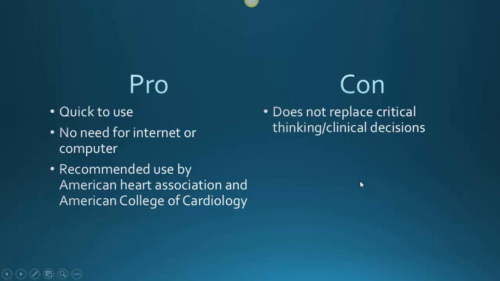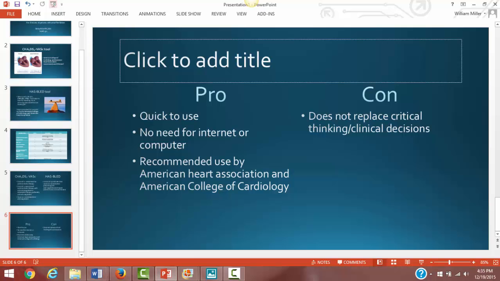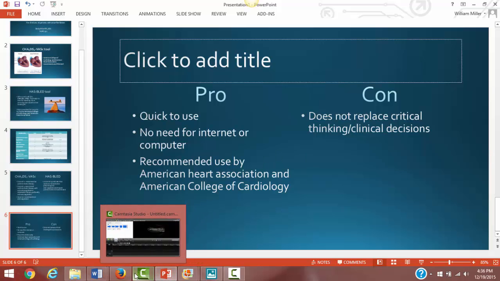So the pros to using this tool are that it's quick to use. There's no need for the internet or computers if they're not available. It is recommended to be used by the American Heart Association and the American College of Cardiology. The con is that it doesn't replace critical thinking or clinical decisions. There are several calculators online, although I think paper would work just fine